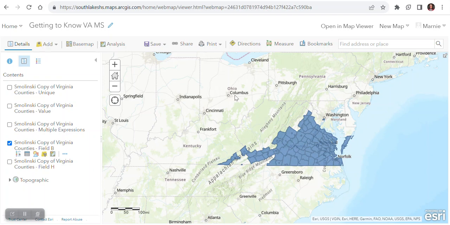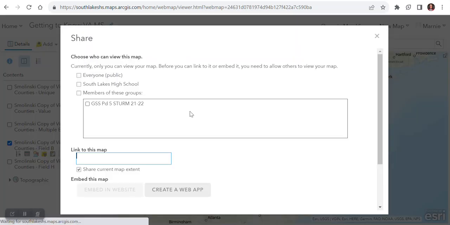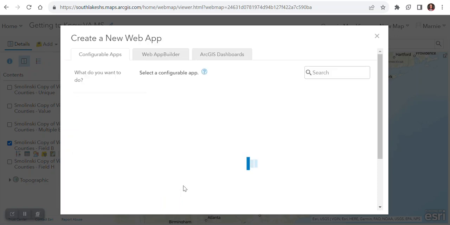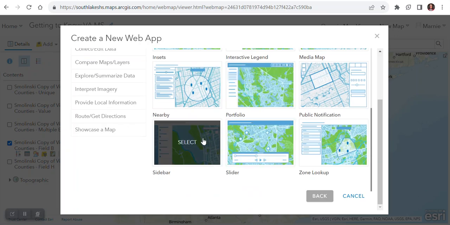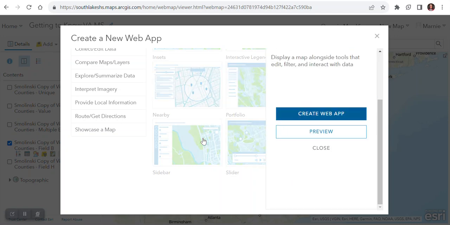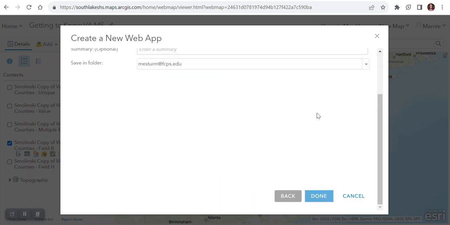All right, so what I wanted to really show you though is how to go into the web app and how to configure that correctly. So from a map, if you have a map that's already, I have all my layers, I am going to go to share. I'm going to create a web app here. And for this one, we really want to use sidebar. That's going to work best with a map with multiple layers. We're going to create that web app,